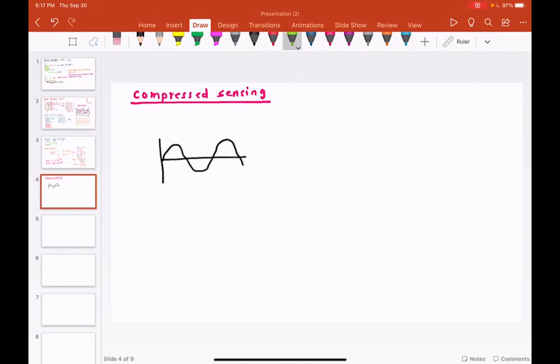If I want to reconstruct it reliably, I need a sampling frequency at least twice the signal frequency, so that I can capture all the peaks and valleys. In actual practice, sampling is usually more than 10 times. So if your signal is at 1 hertz, your ADC sampling would be at 10 hertz.